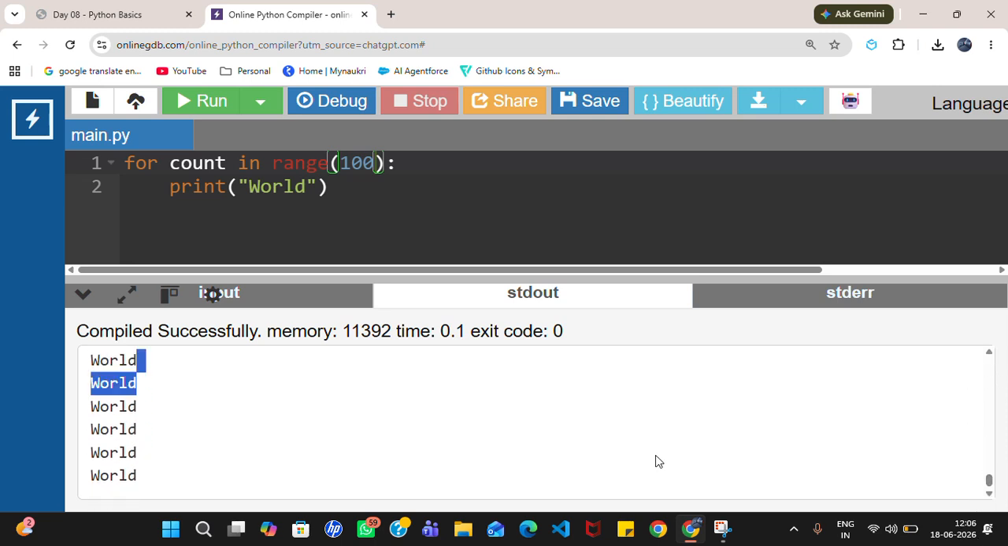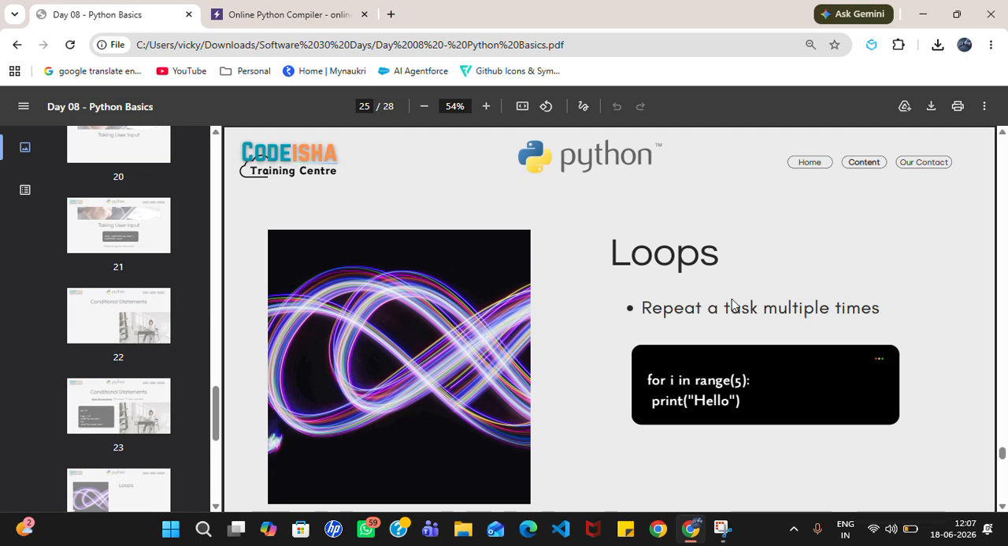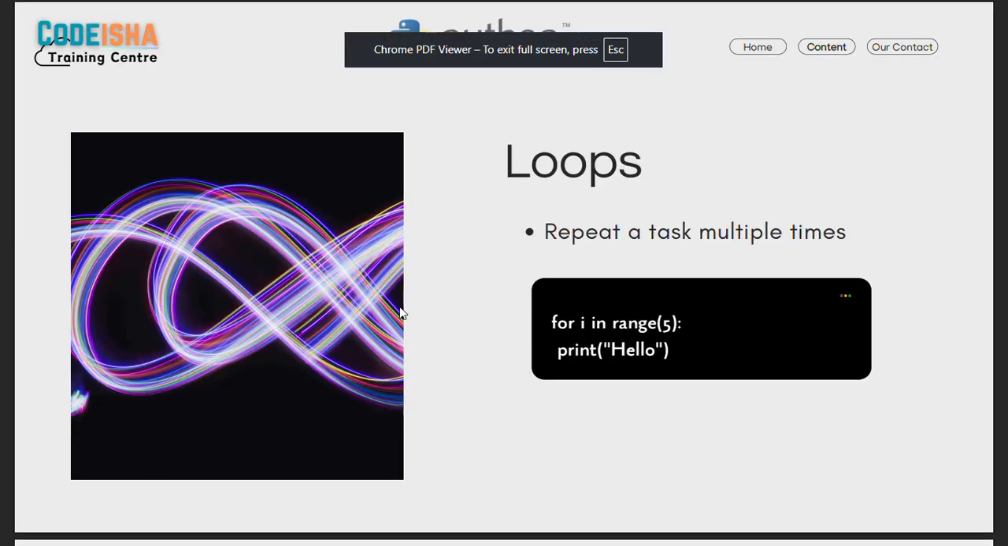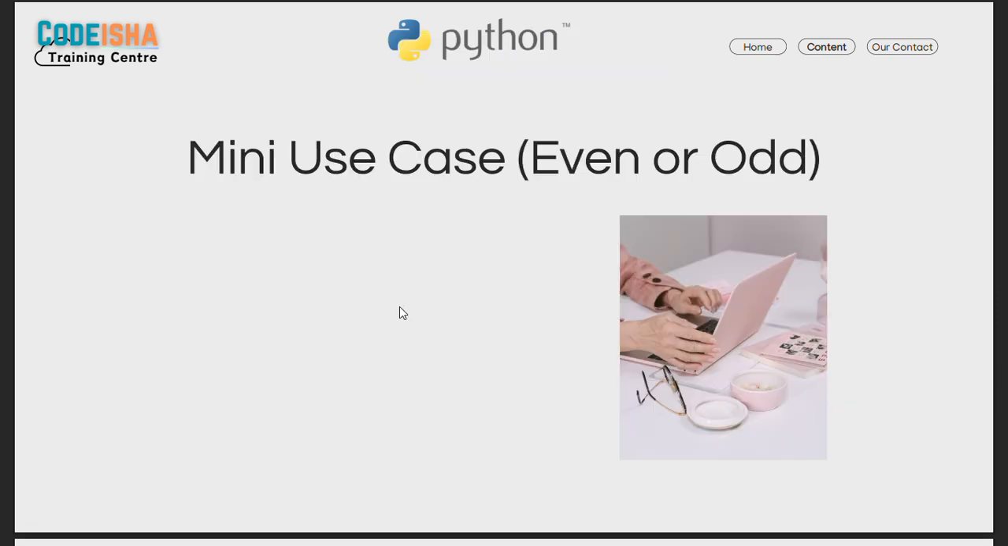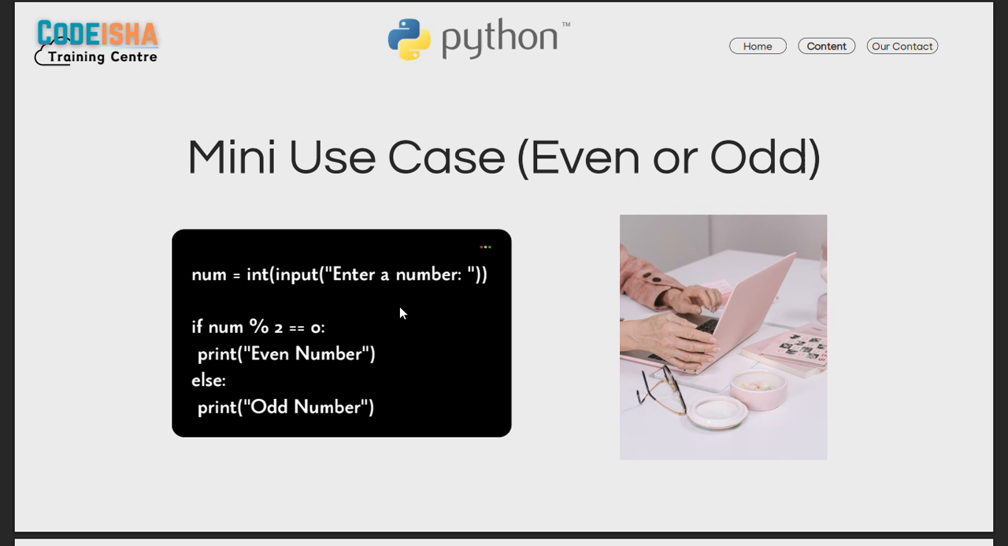Loop conditions. Let's go back into the code editor, and here is one more mini use case for you. First, we need to declare the variable num, and inside that give the value. Then give the if condition. See here, whatever variable value we have given,